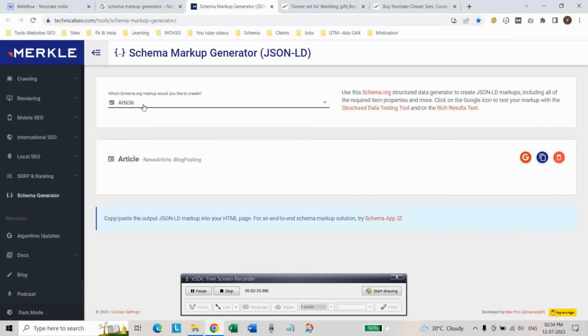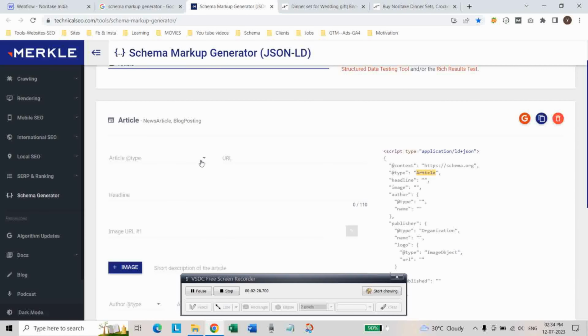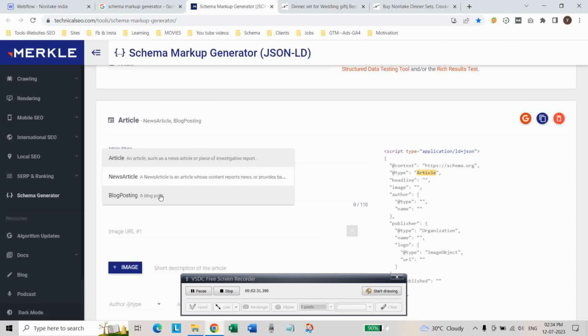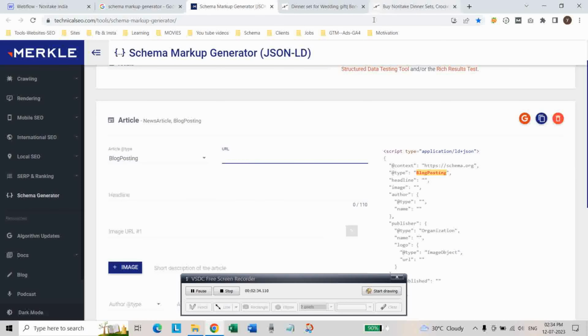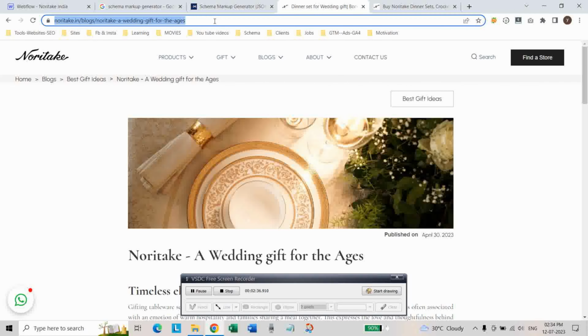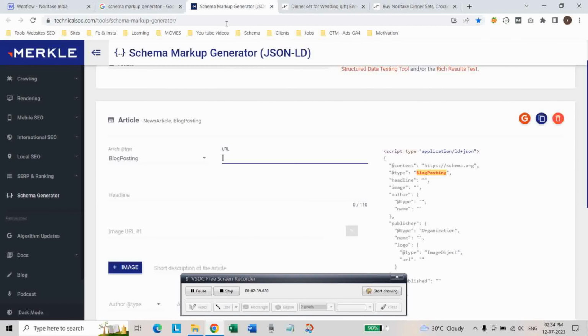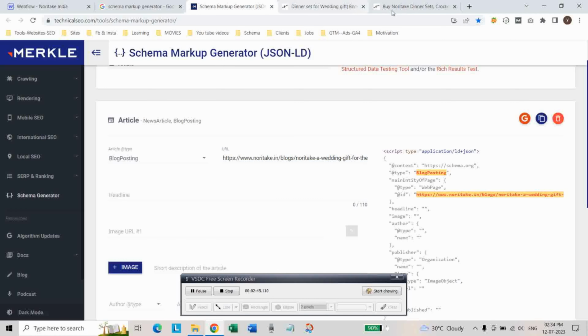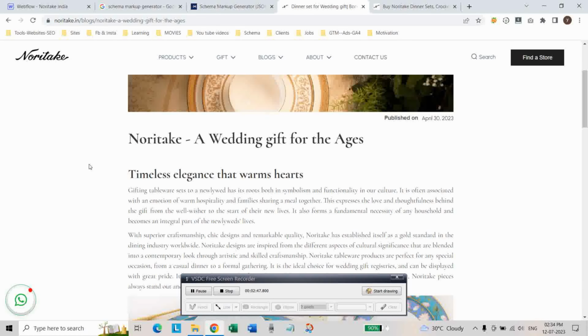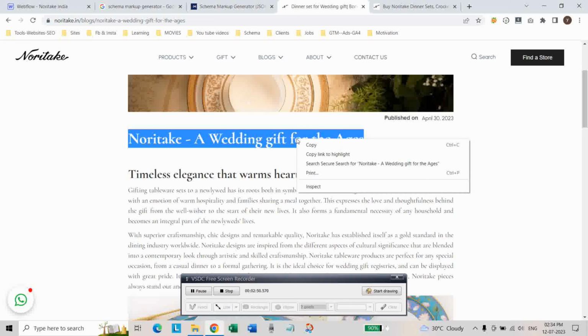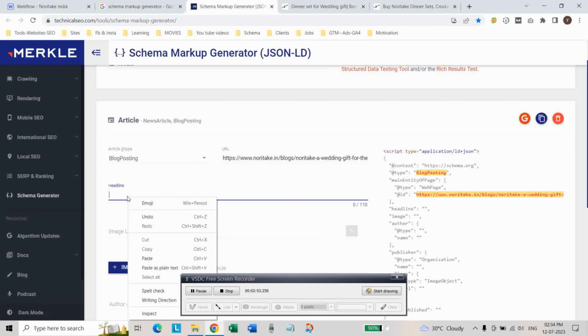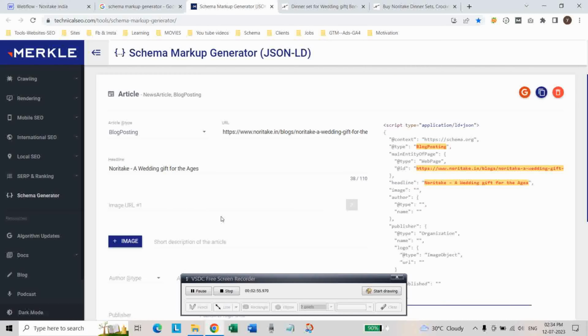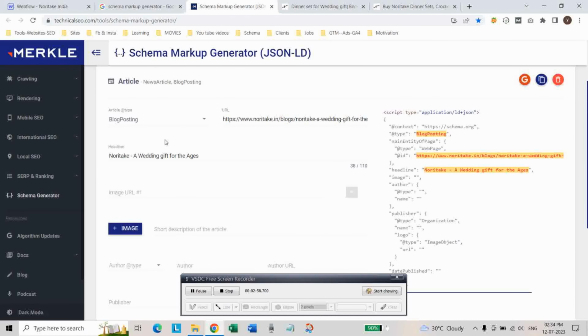So I will select article. Here the article is a blog posting. So type it, set the URL. And this is the URL and headline. Here, headline. As you are filling these things in the URL, here the code is being created. Here UID, headline,